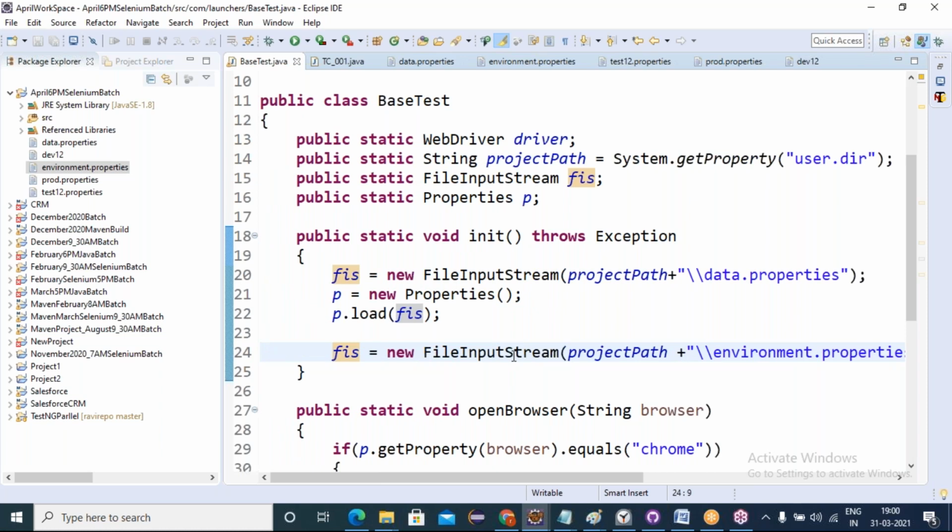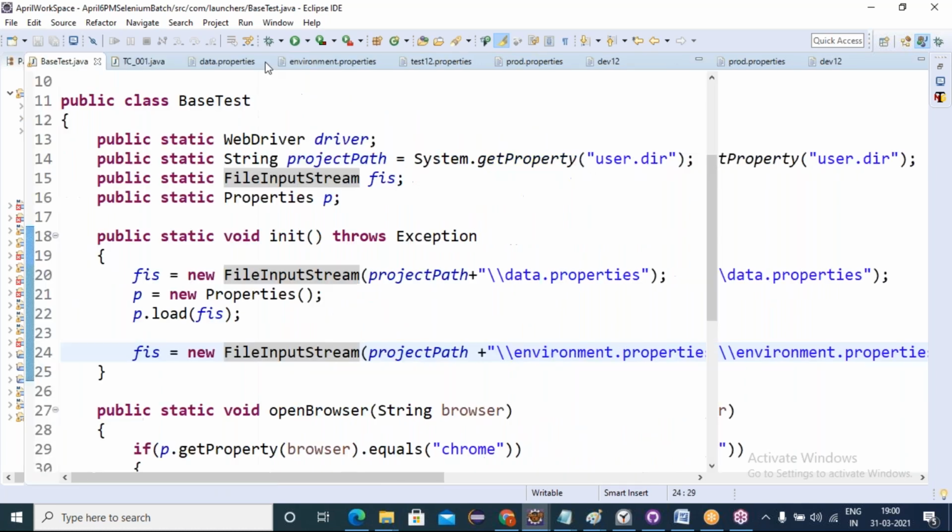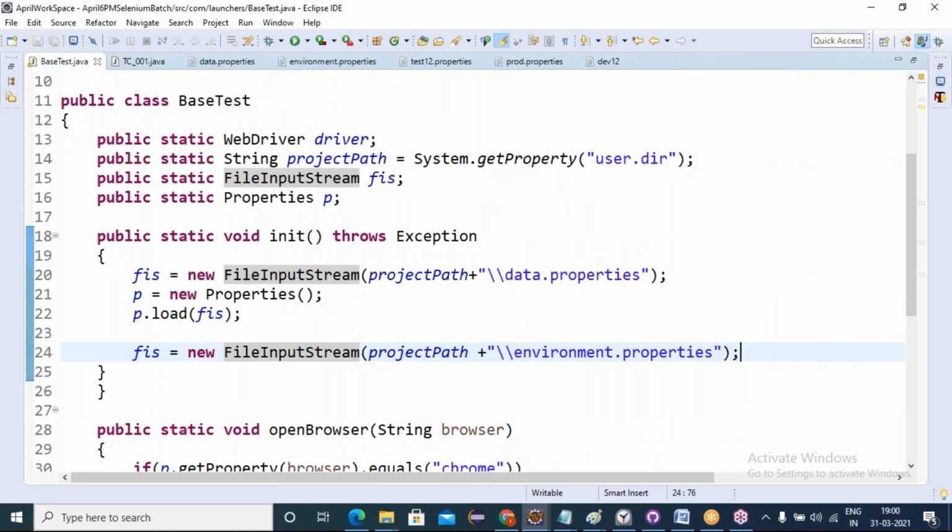Now this file I must load, friends. To load this environment.properties file, which class do we have to use? The Properties class.